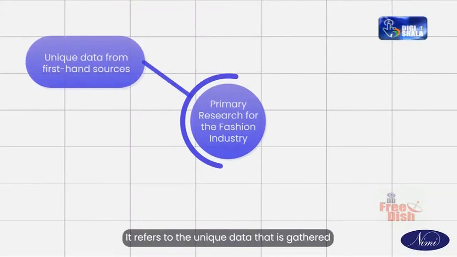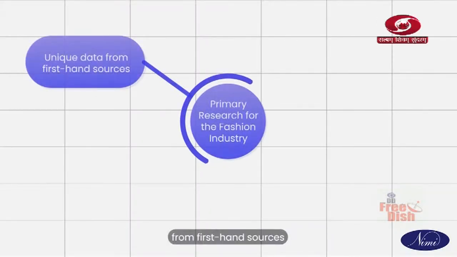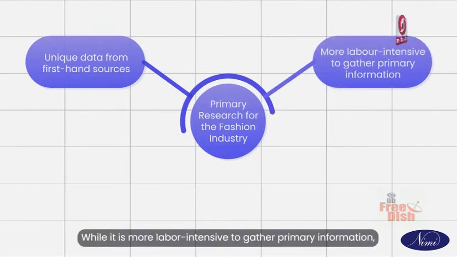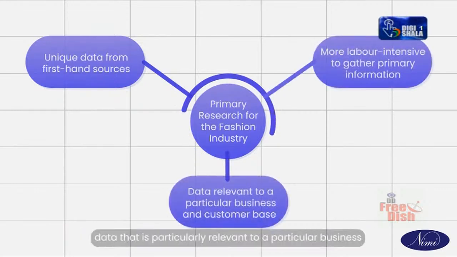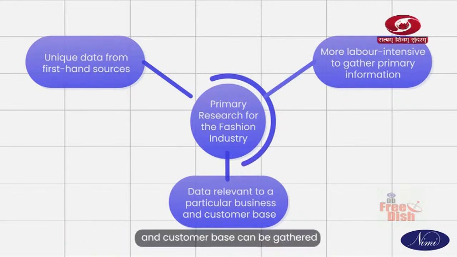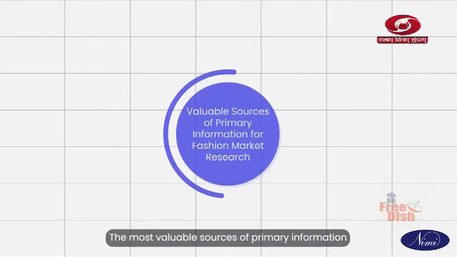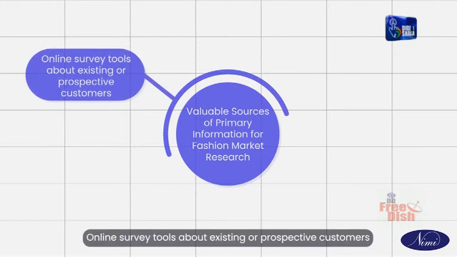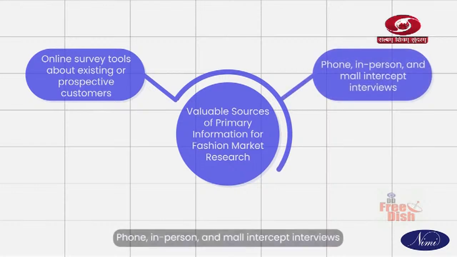It refers to the unique data that is gathered from first-hand sources. While it is more labor-intensive to gather primary information, data that is particularly relevant to the particular business and customer base can be gathered. The most valuable sources of primary information for fashion market research are online survey tools about existing or prospective customers and phone, in-person, and mall intercept